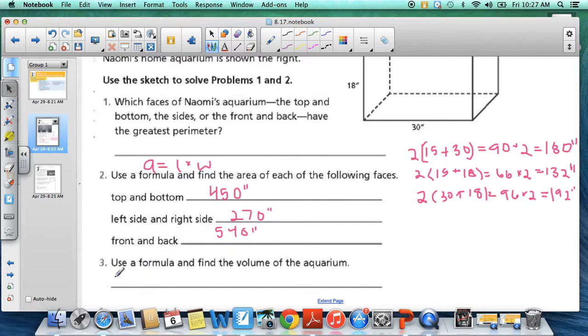Well, you guys already know we're going to do volume equals length times width times, that's supposed to be times, whoops, times height. Length times width times height is the volume. And so I want you guys to write it out. I'm not going to write it out, but I want you to. You're going to write volume equals 30 times 15 times 80, which comes to a grand total of